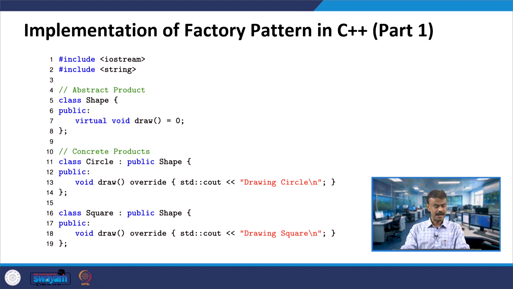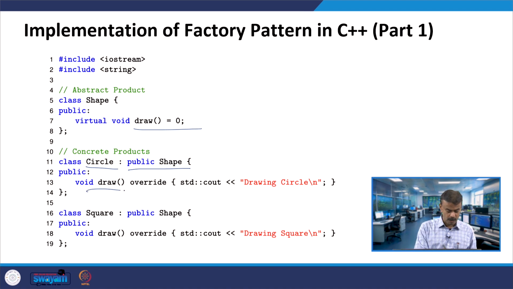So, in the factory pattern, here we have the class shape, with the pure virtual function draw, all right. That means I have to inherit this in the subclass. Here you have the class circle, publicly inheriting shape, all right.